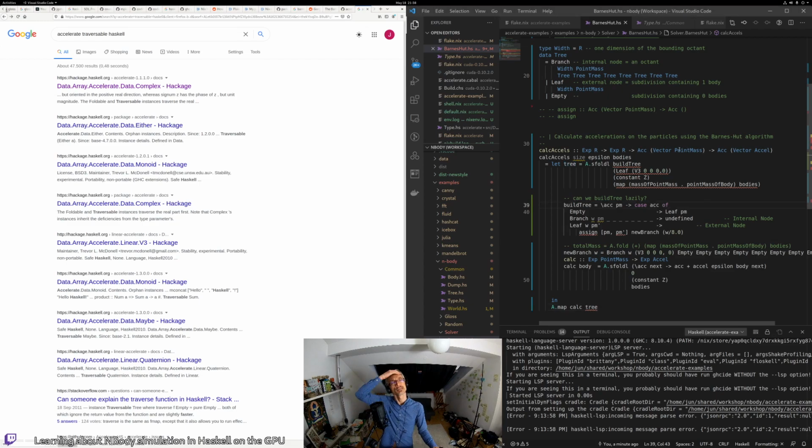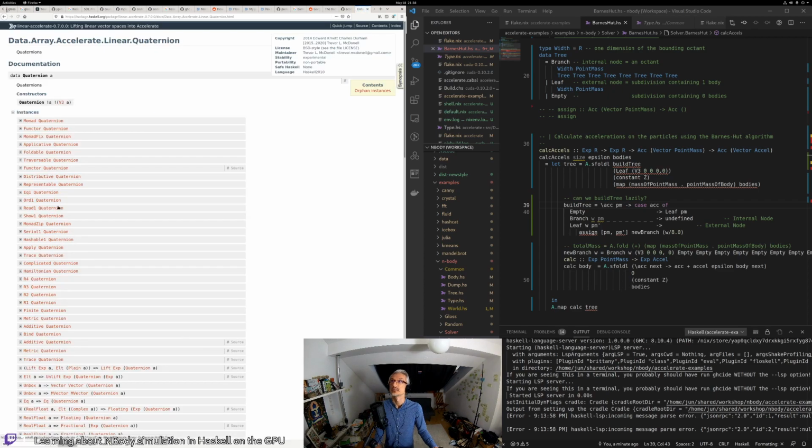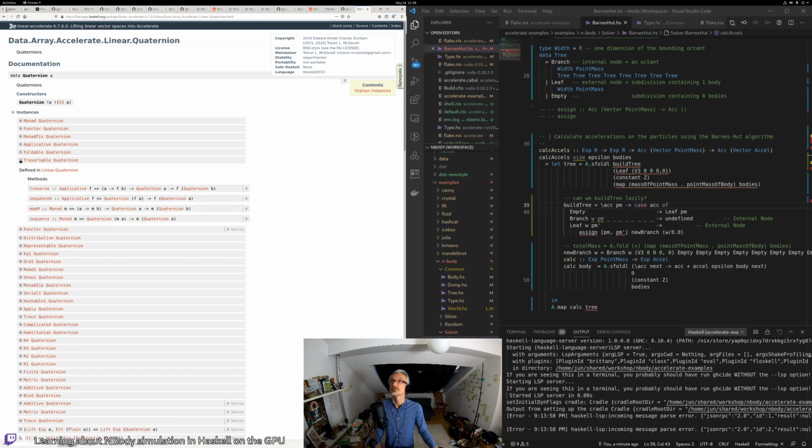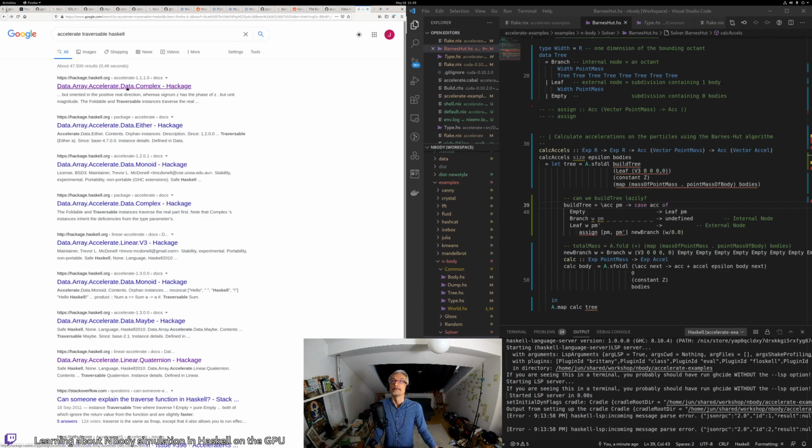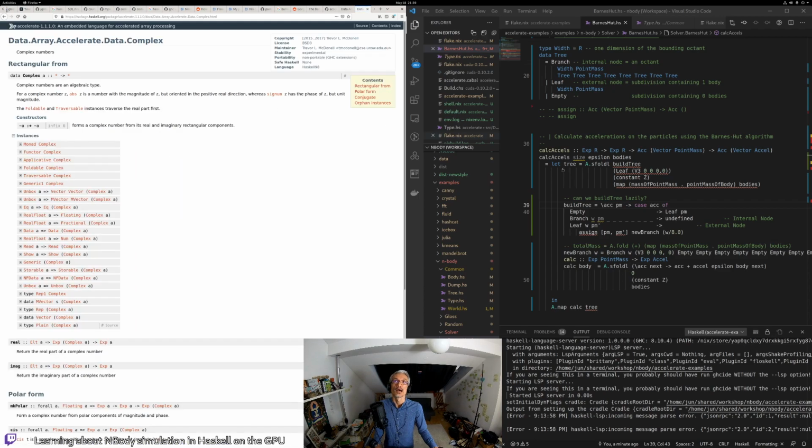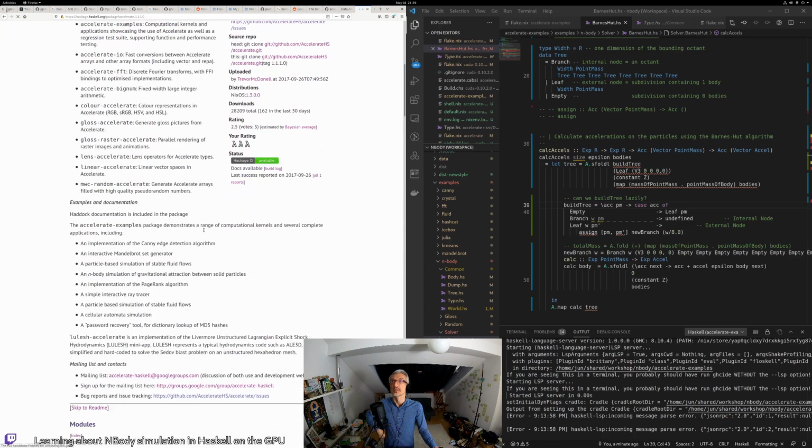Okay, let's see. I might have to do my own instances. There's a traversable instance for quaternions, but the question is, is there a foldable instance for ACK, or do we even need that? I don't know. Map